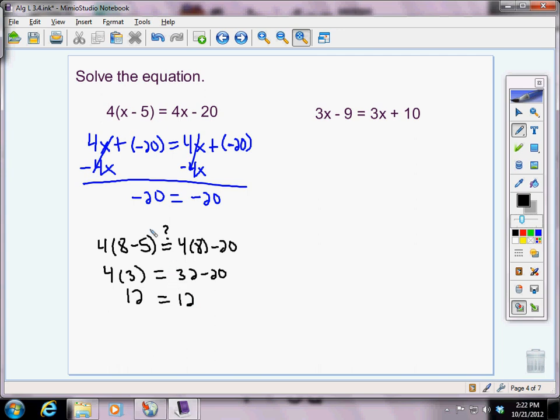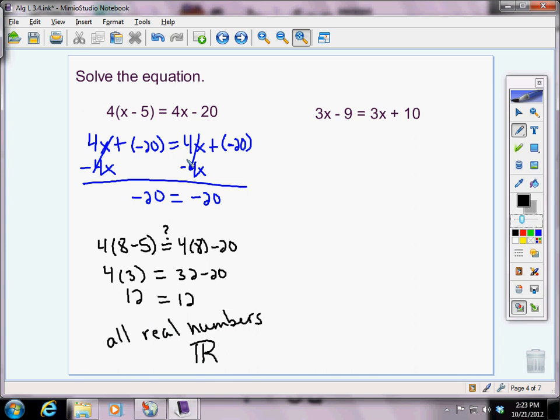So in this case, whenever you get two sides that are exactly equal, what I would say is all real numbers are solutions. So what is the solution? All real numbers. Again, a cool way we can write that, or I think it's cool anyway, is you do a double bar and make an R. So you could write out all real numbers are solutions, or you could make this capital R with the extra bar here. Because whatever number you want, you can put in for x, and it's going to make this